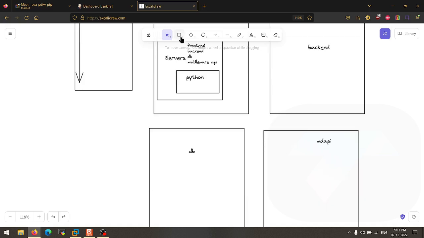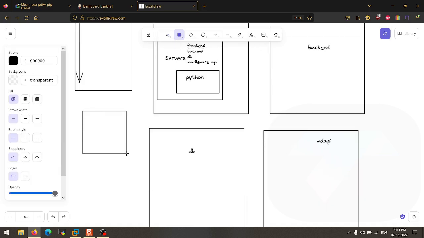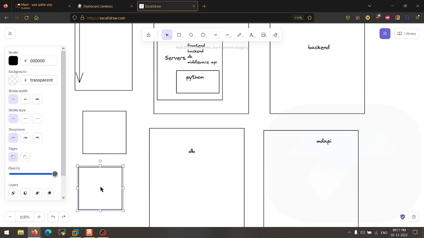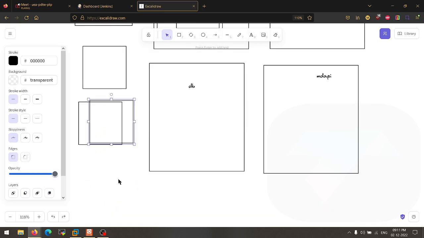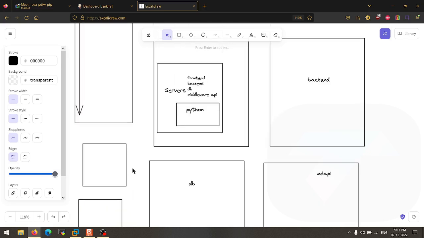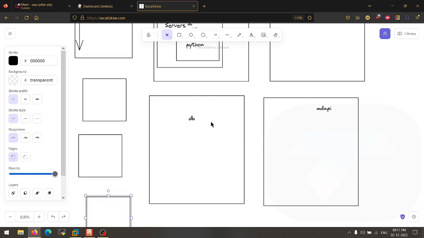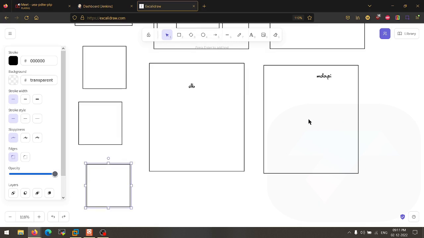When it comes to the microservice concept, the code is written into multiple subcomponents, like backend for communication to the front end, backend for the database, backend for the middleware API. It's divided into multiple components. Only the backend will be divided into multiple components. Same as the front end, which can have multiple separations. The database will be single, or, most of the times, the database is single. But when we talk about the APIs, we have multiple APIs as well.